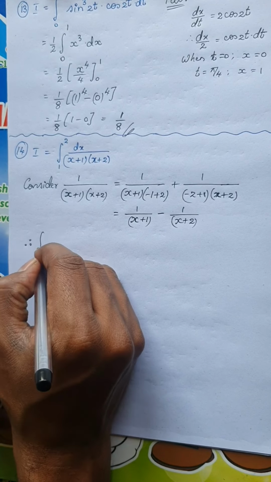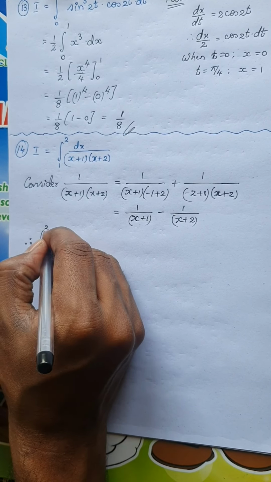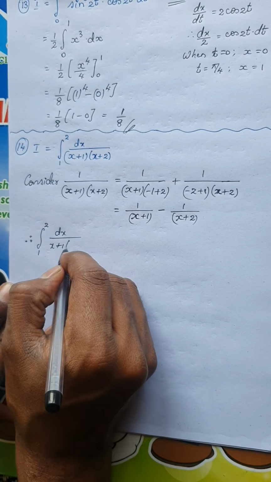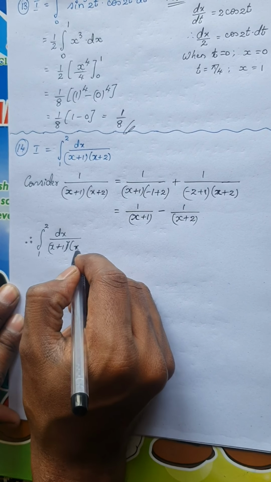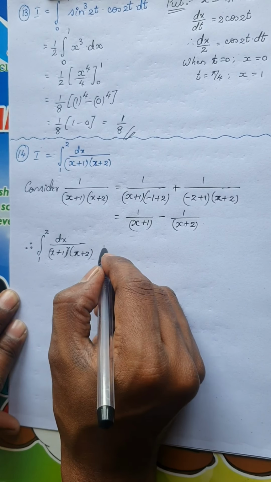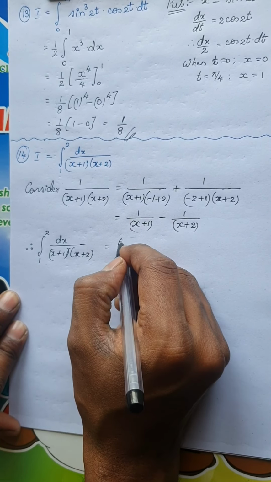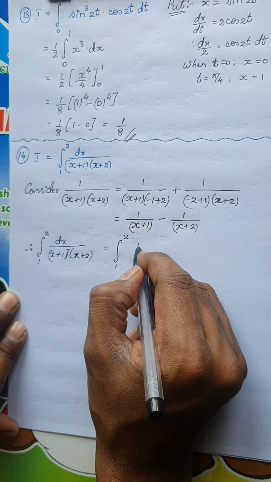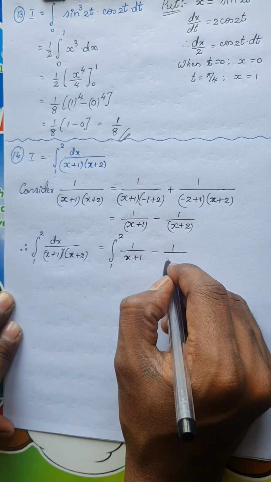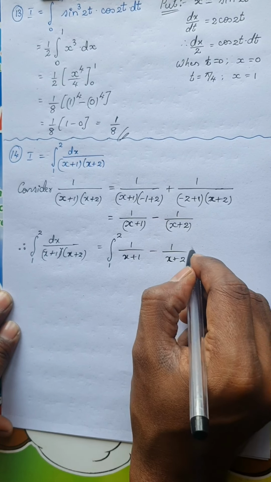Integral within the limits 1 to 2, dx divided by x plus 1 into x plus 2, so this is the original question we have. This will reduce to integral within the limits 1 to 2, 1 divided by x plus 1 minus 1 divided by x plus 2